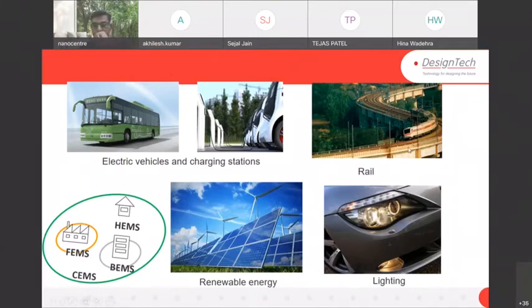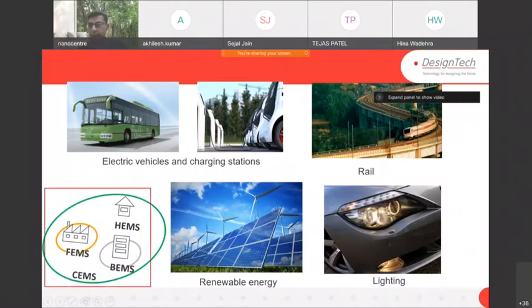So much energy is used in the railway system also, or if I am talking about a factory energy management system or home energy management system, right? Buildings energy management system or community energy management system. So lots of huge energies are used. And one of the good sources which we have naturally, that is God gifted, is renewable energy, right?